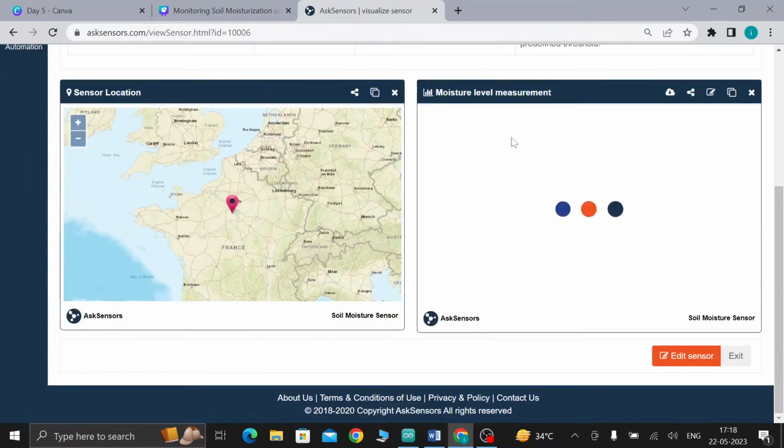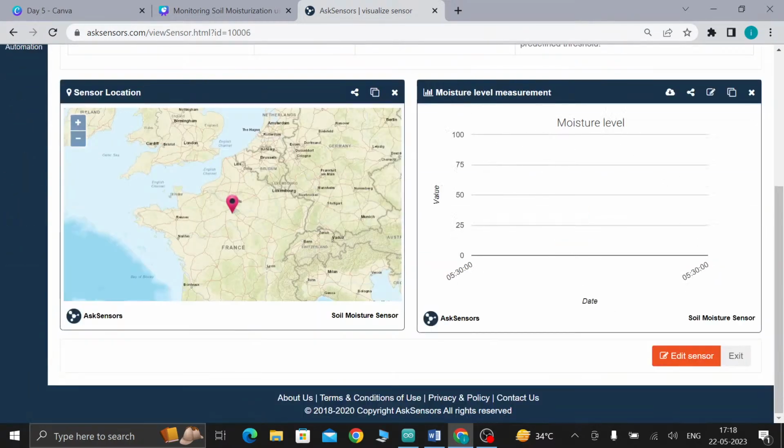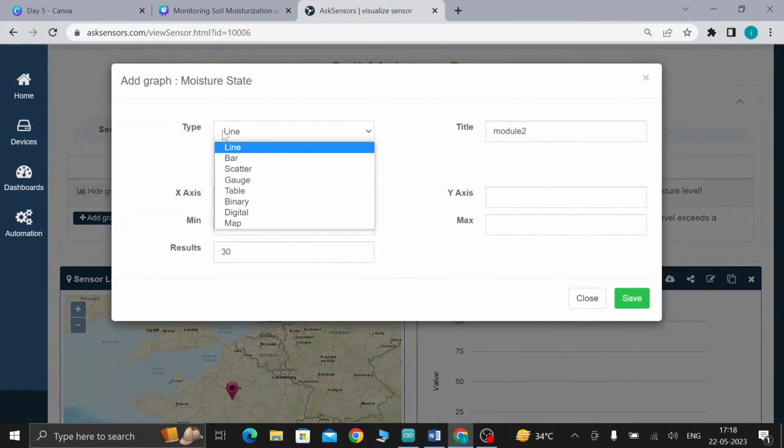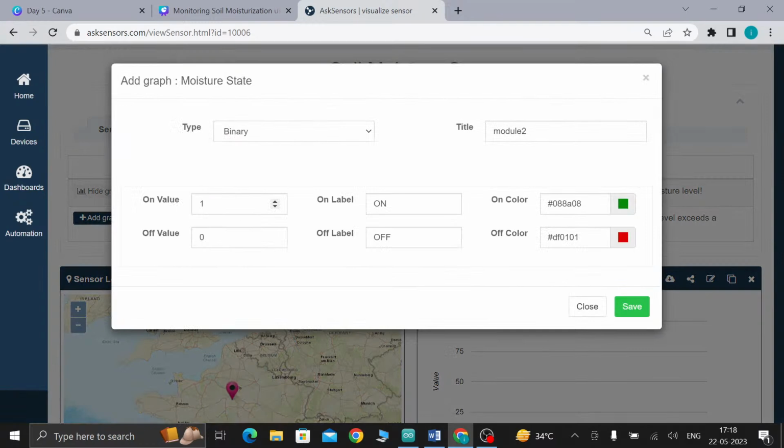So this is your first graph for moisture level measurement, and another graph is for moisture state. Here I am going to use the binary type. Module 2 name, I am going to give moisture alert. In the on label and off label, I am going to customize it.